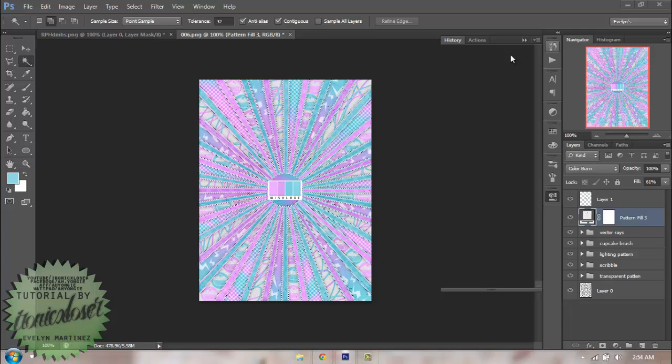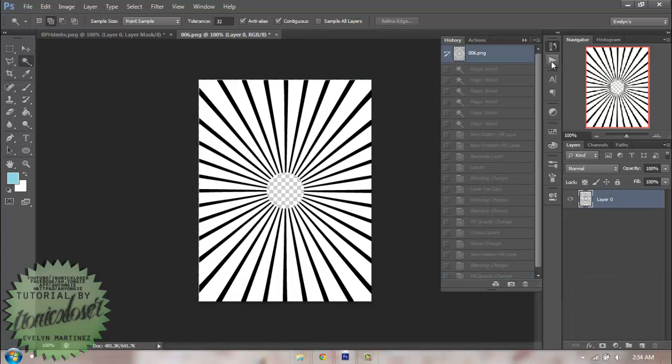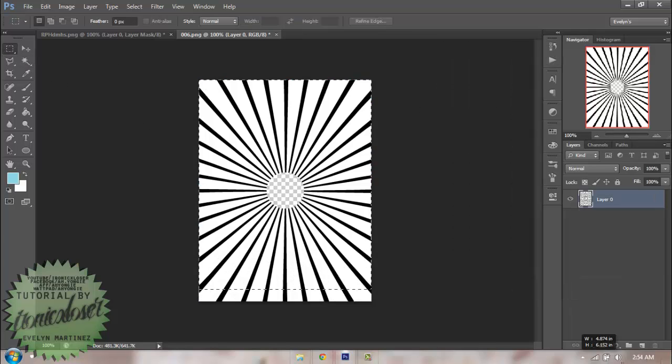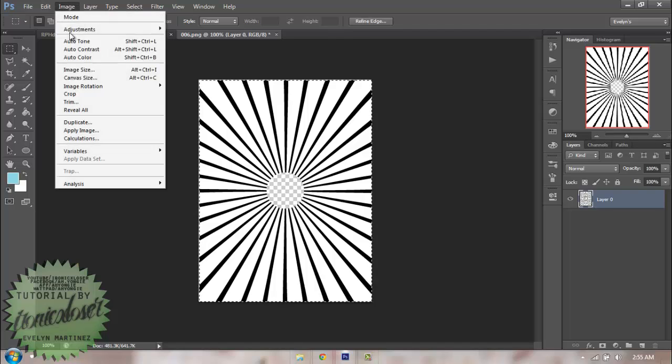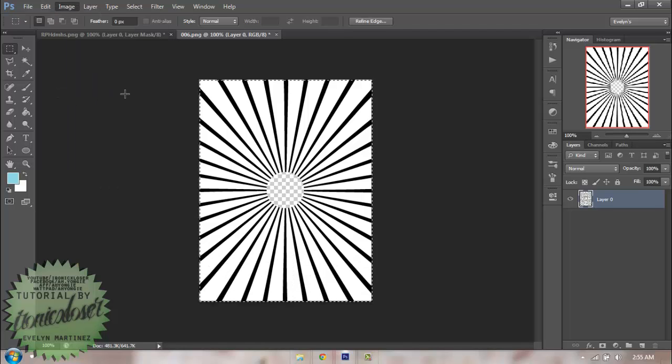So I'm going to go ahead and just erase everything I just did. I'm going to go ahead and just select on my canvas. I'm going to move my marquee down and to the right because it's off center a bit, and I'm just going to go ahead and crop it like so. Now you want to get your color